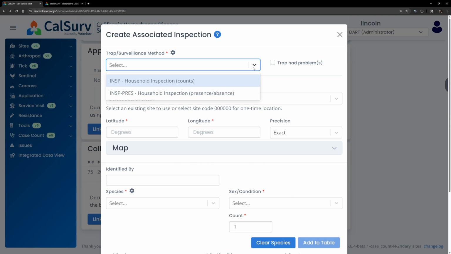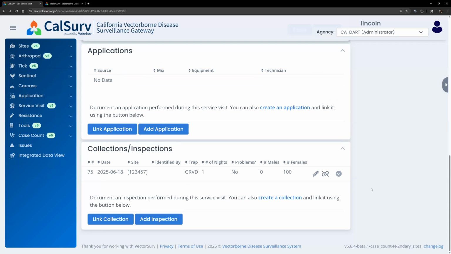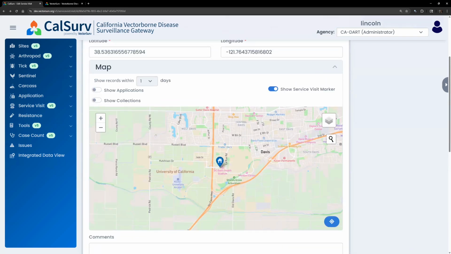So that would be, obviously related to these types of service visits, where maybe you were able to visually identify specific mosquitoes in the field without setting up a trap here. So you can also quick add these inspection records to the system. All right, now that you have your collections recorded, maybe you also did pesticide applications in response to this service